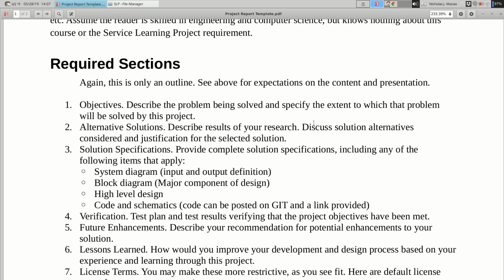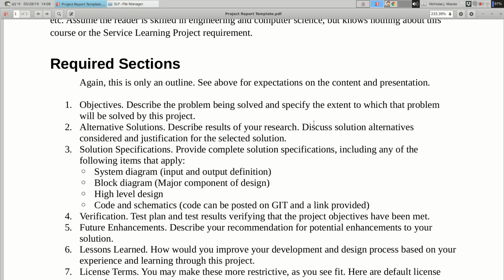So it's a service learning project. You're trying to solve some problem, right? And if you're making a game, you're not really solving a problem, but you are, right? Why are you making a game? Well, because you like playing games, because you want to take a break from studying, because other people want to have some way to entertain themselves, right? So objectives is just talking about what is it I'm trying to accomplish, right? And to what degree is my project at this point accomplishing that, okay?